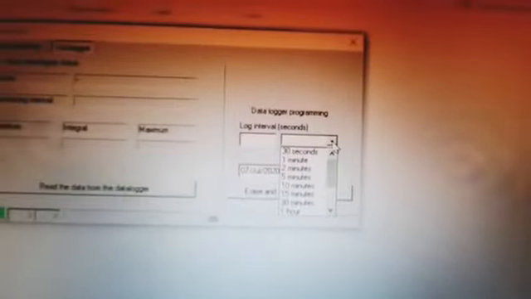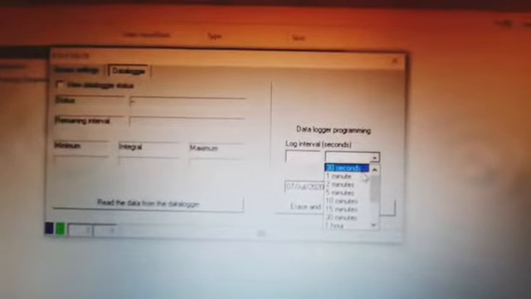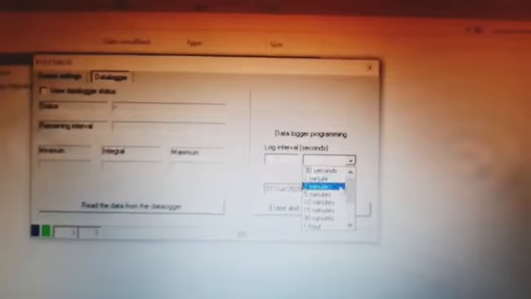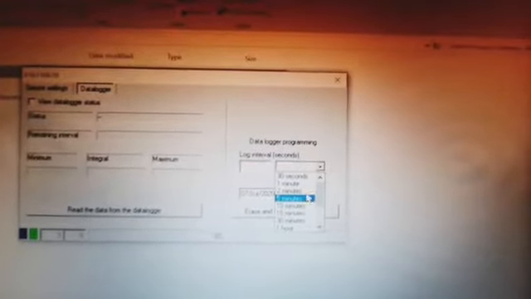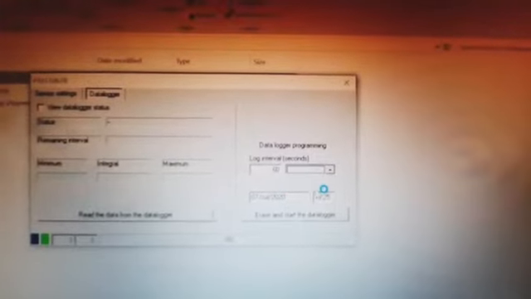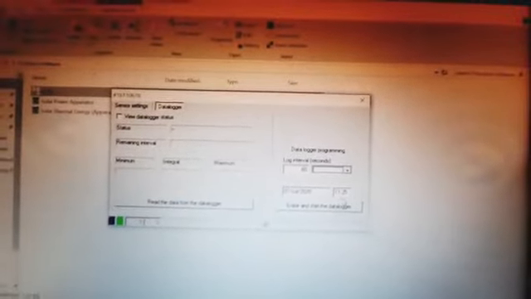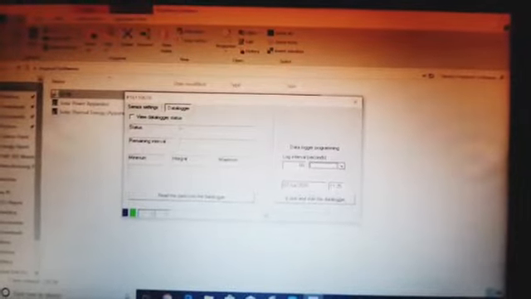So this is the beauty of that instrument. If you need a 30 second reading, 1 minute reading, 2 minute reading, or 5 minute reading, you just give the command and it starts working. After 1 minute, it starts. Today the time is 11:25 AM and the date is 7 July 2020.